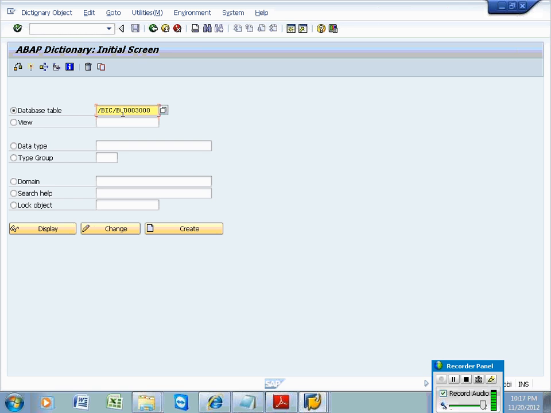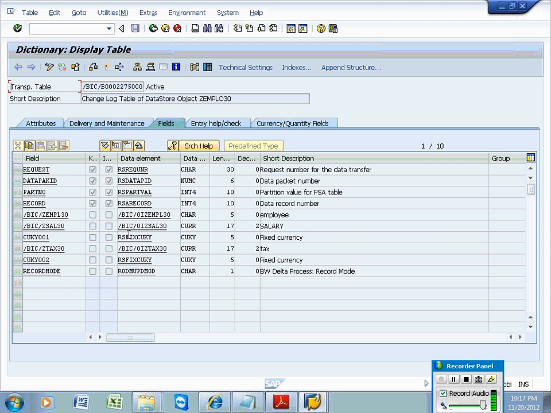Okay, going forward you are going to see all those things. What is your table? 2 2 7 5 and 0 and click on display. See, all these are acting as keys, and until now we didn't load any data, so these are going to act as the data keys. So in this fashion,